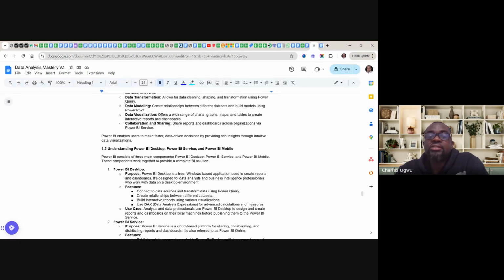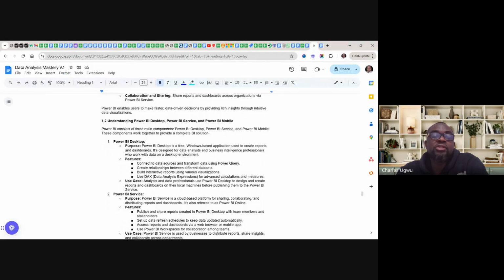Let's look at these 3 services, which we can call components or versions. Number 1 is Power BI Desktop. The purpose of this desktop is a Windows-based application, and it is free.